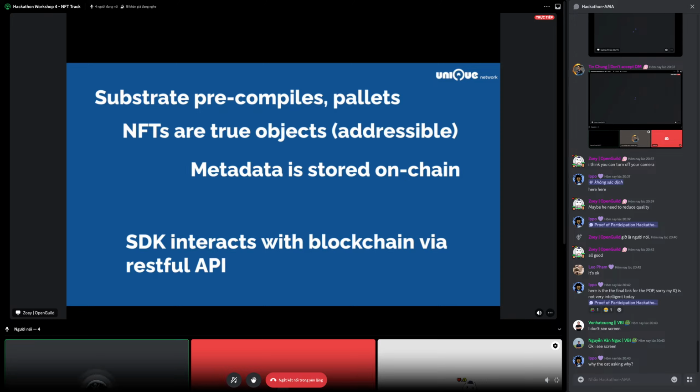So by the nature of how NFTs are created on the blockchain, you have contractless nesting of NFTs and the ability to create tree-like structures of organized parent-child association in this bundle structure, like an organized tree of nested items, which we call bundles. And as I mentioned, metadata is stored on chain. Now, how do you